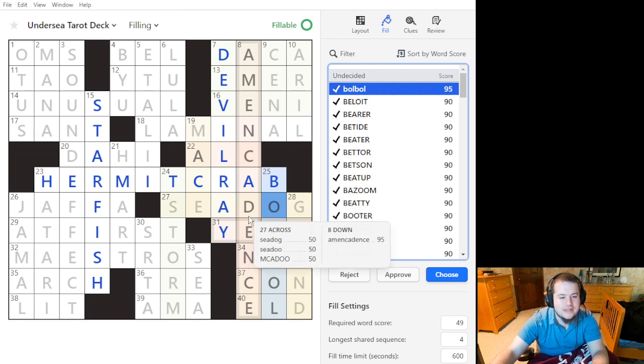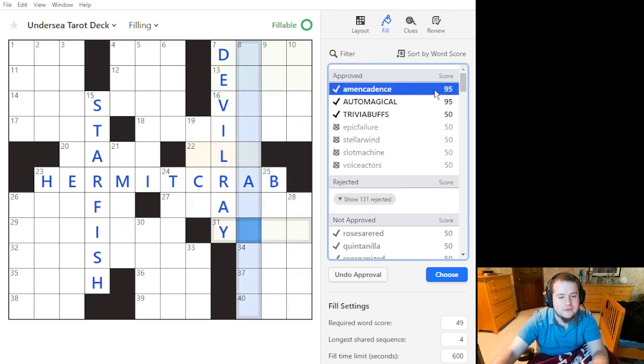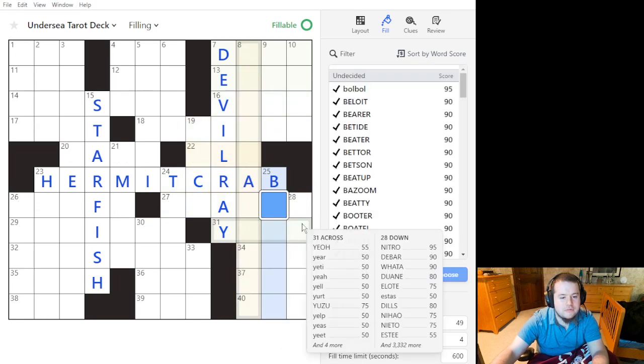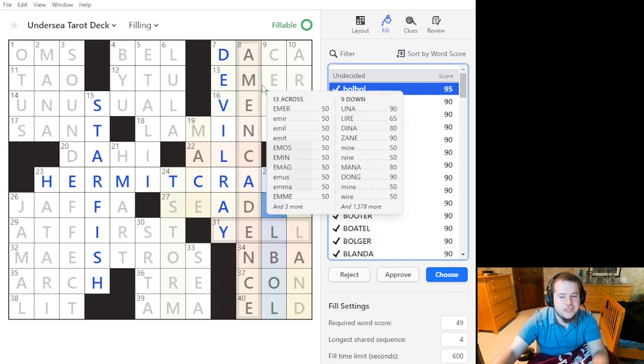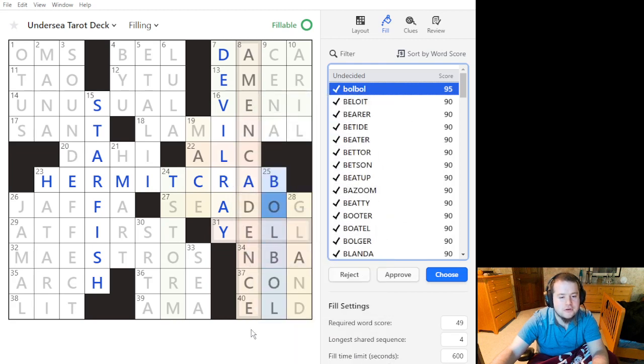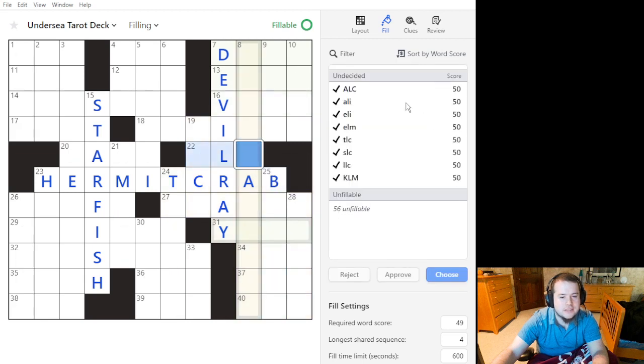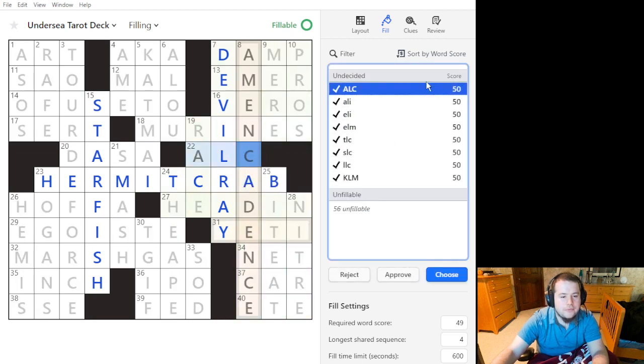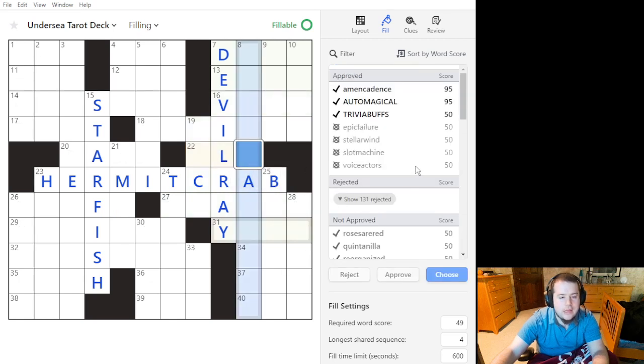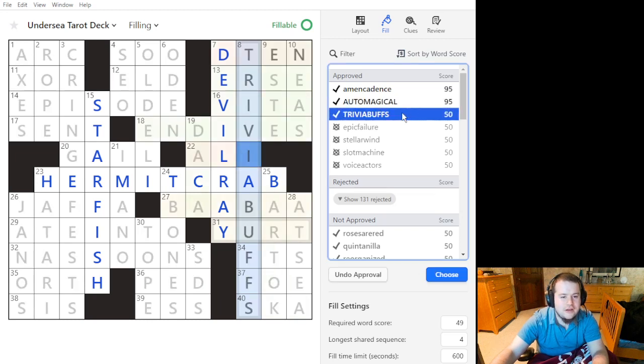I mean, Amen Cadence I think could be really tricky for people. So maybe we would avoid that and treat Amen Cadence as though it's a proper, because not everyone is going to know the term cadence, and that makes things hard. I don't really love ALC, and if that's the only thing that's going to go in there when Amen Cadence goes in there, it should be Plagal Cadence. Yeah. Well, let's try